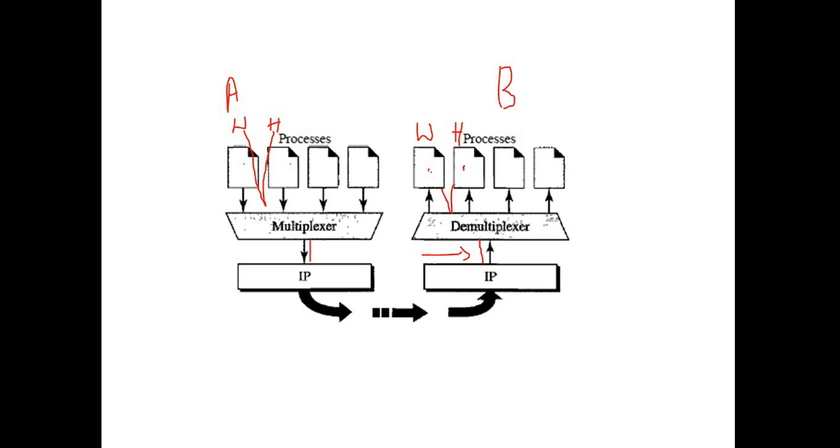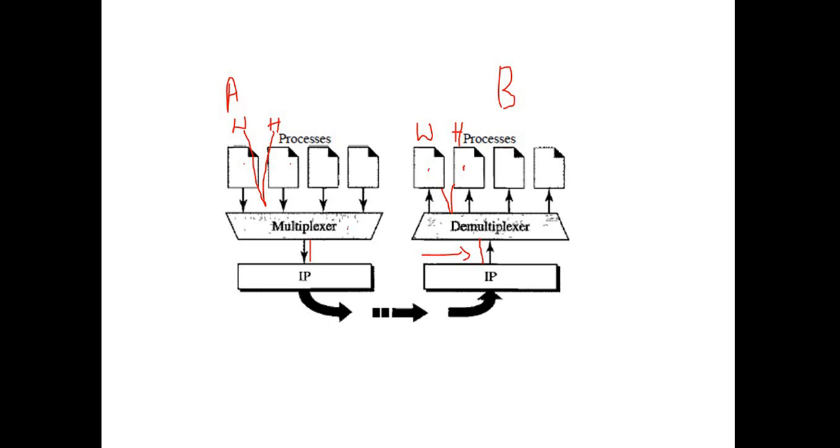WhatsApp has a different port number, because this is a different process and that is a different process. Both processes have different port numbers, and when sending the data, the multiplexer wraps these messages and also puts in the port numbers and the destination address. The destination address is common, but the port numbers are different for both processes. This is how data from one person's application can be transferred to another person. So this is the basic concept of multiplexing and demultiplexing, and it is used in the transport layer as well.